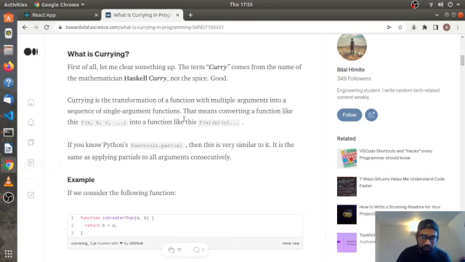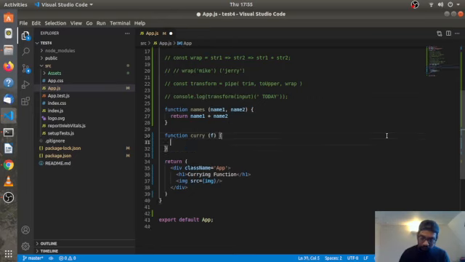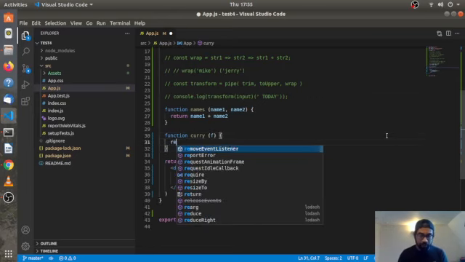Alright, it didn't say exactly, but one of the documentation I went through said that currying is the transformation of a function which takes multiple arguments and converts it into a function which takes a single argument. Okay, so that's why I declare the curry function with a single argument, which then